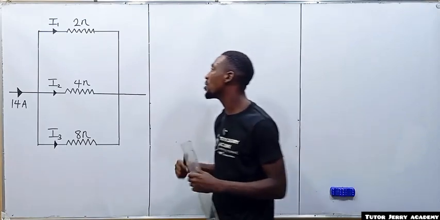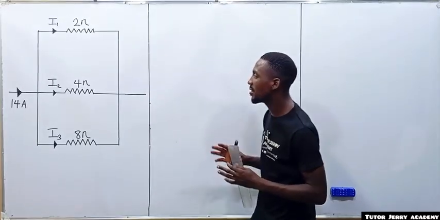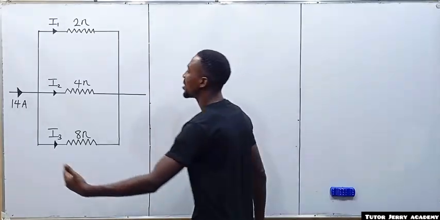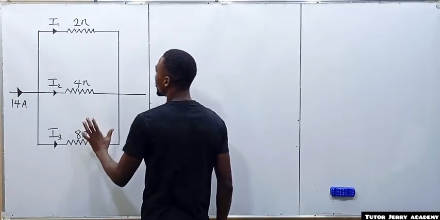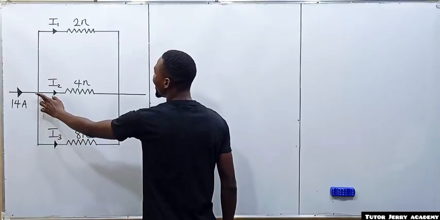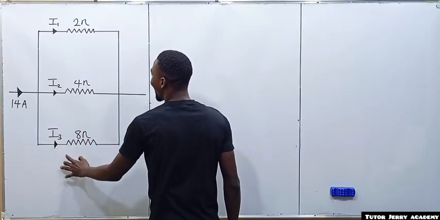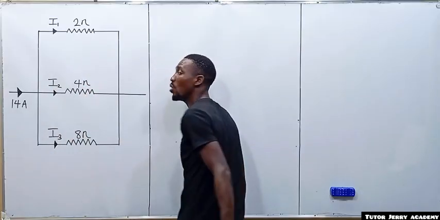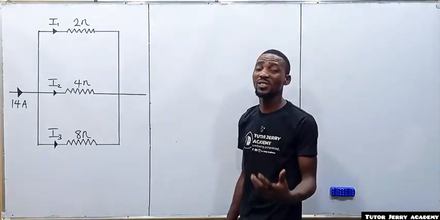Before we start the solution of this question, let us look at this circuit critically. We are having 14 ampere entering into this whole circuit, and when it gets into this node, it gets split into I1, I2, and I3. That is, I1 enters into 2 ohms, I2 enters into 4 ohms, and I3 enters into